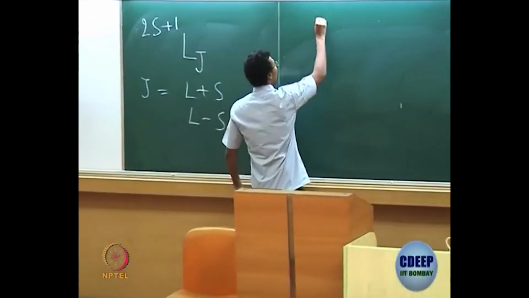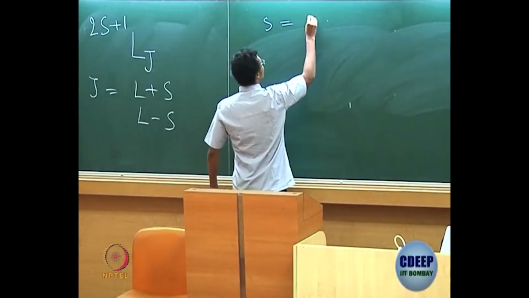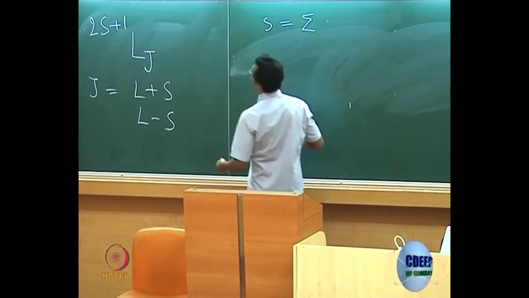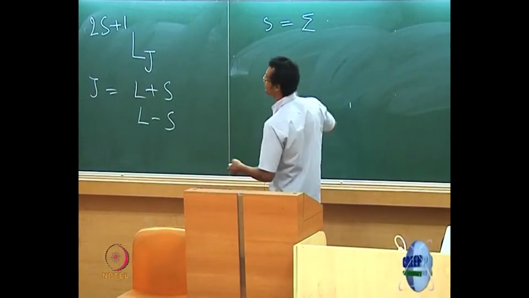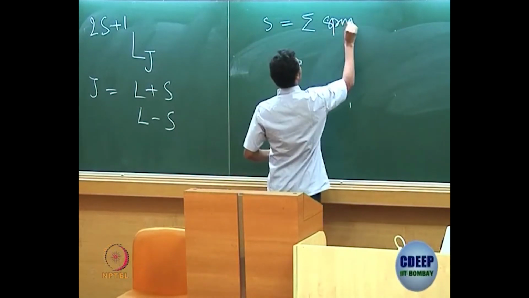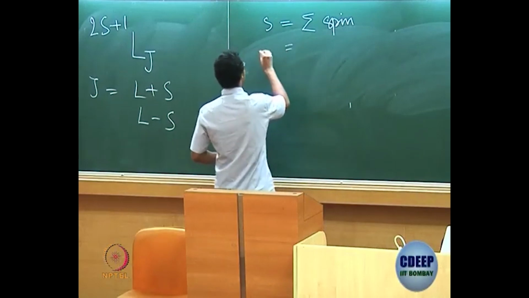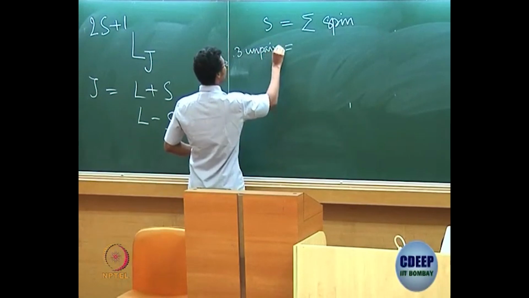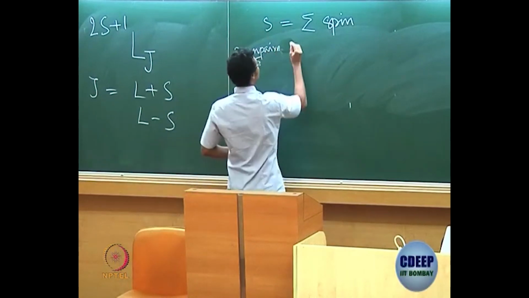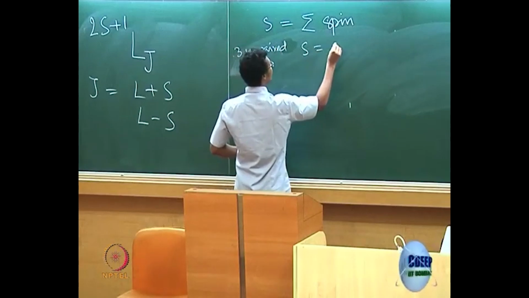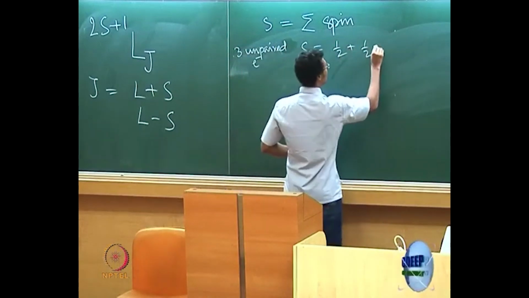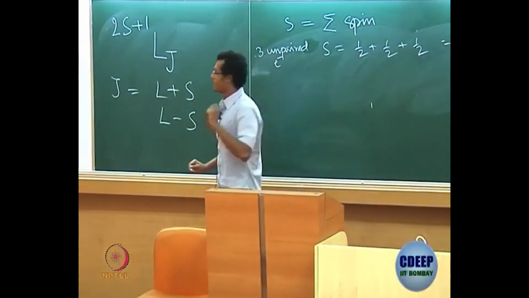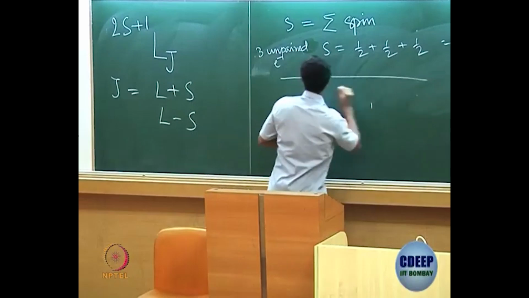Now S equals the summation of spin, or however that is written, the number of unpaired electrons times a half. Let's say you have 3 unpaired electrons. That means S will be half plus half plus half, right? Now, if you have 3 unpaired electrons,